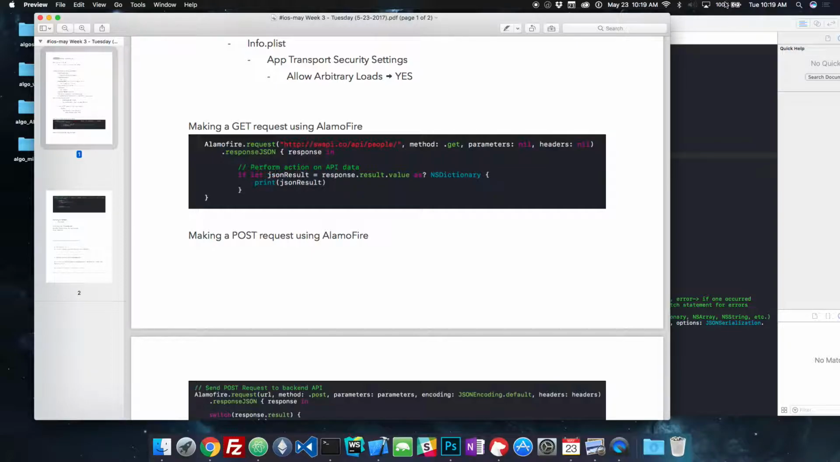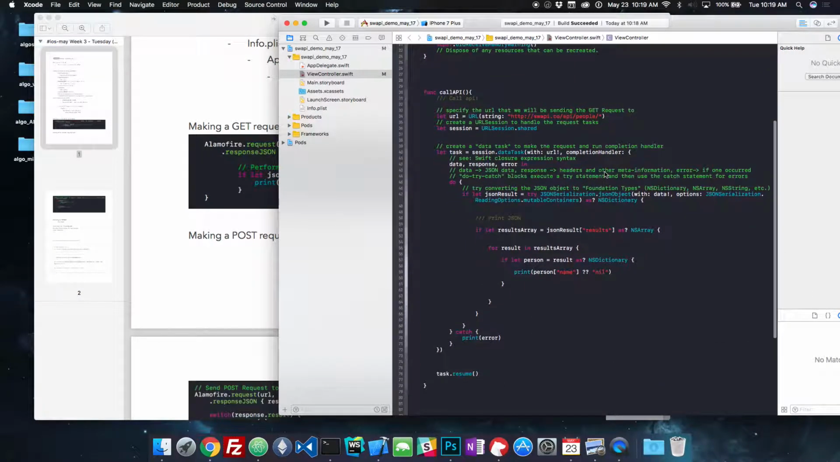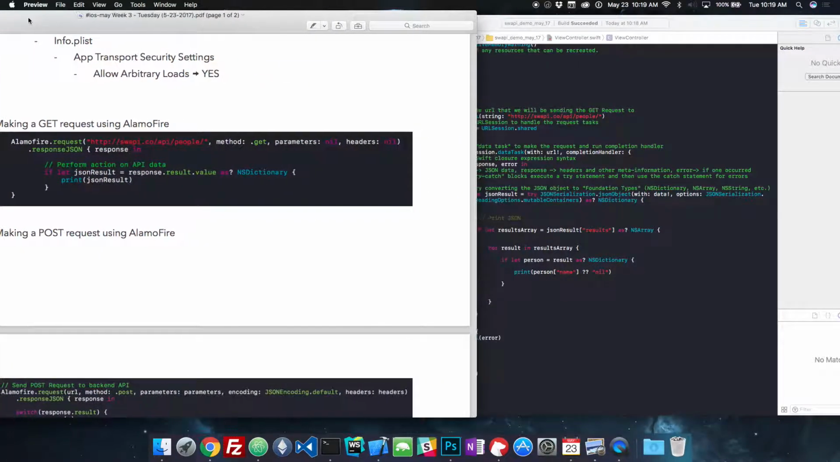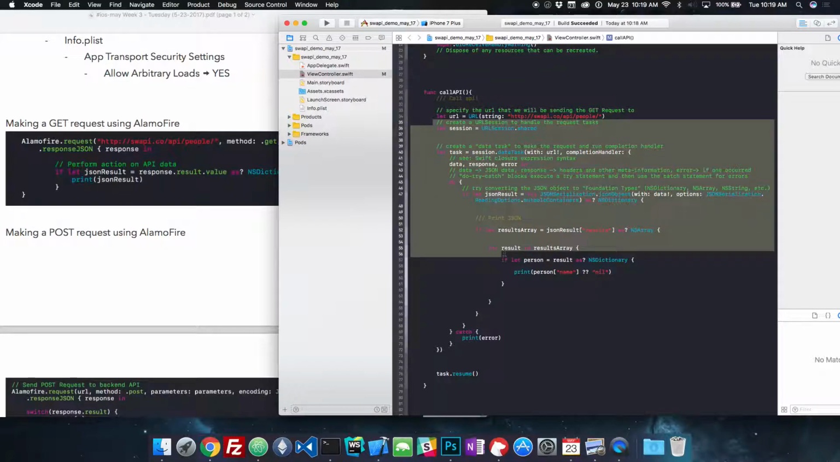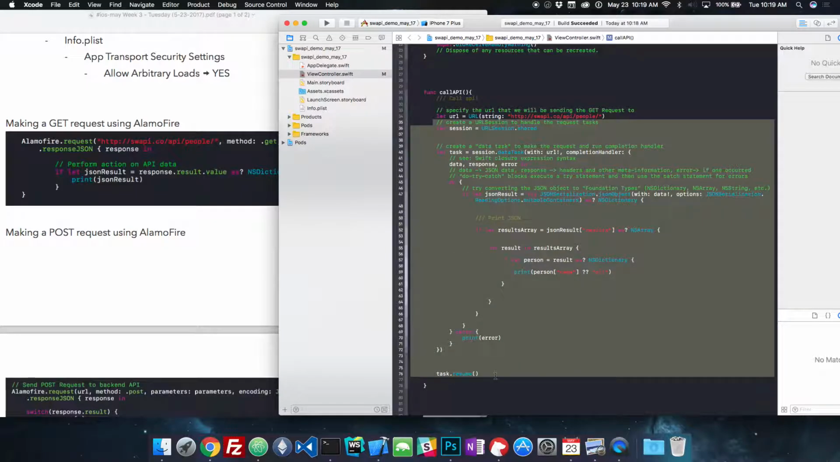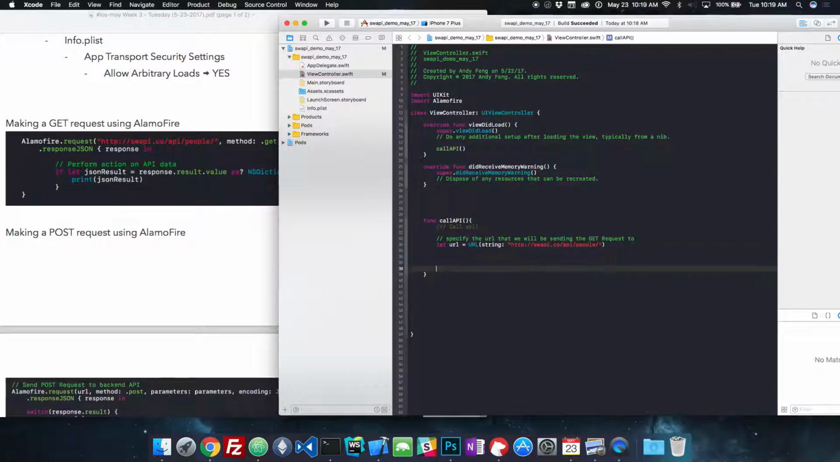Okay, so I'm just going to very quickly convert yesterday's code here to using Alamofire. So let's see what we got to do. So we have our URL. We no longer need the URL session. We don't need any of this stuff anymore, right? So all of this from the vanilla version of how you do it is gone. Now, all we do is we say